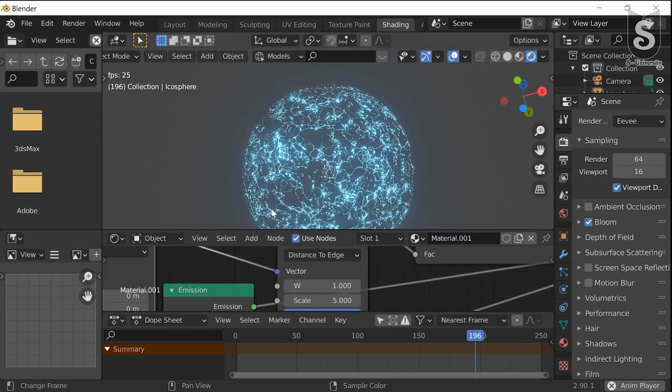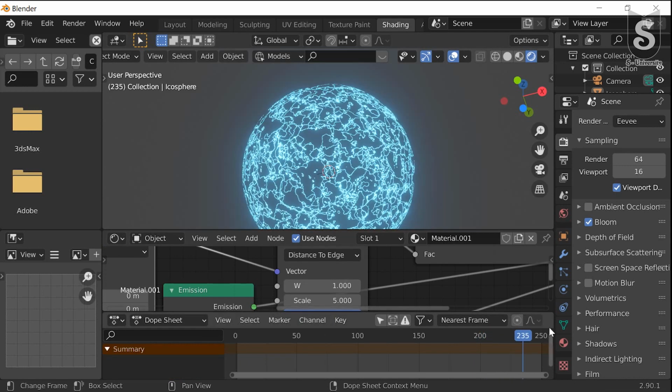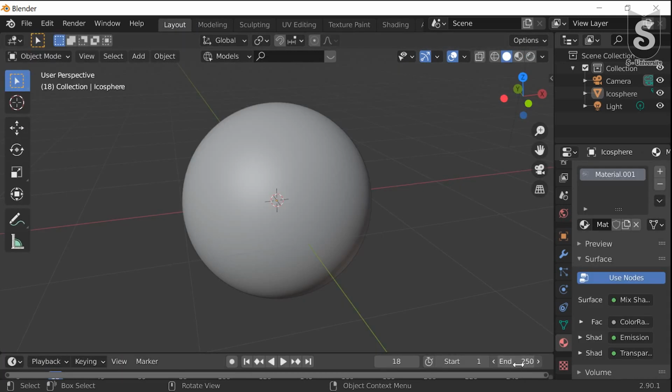Dope sheet. Here we can see there is an animation. To make the animation, first go to layout, and make the frame end 105.